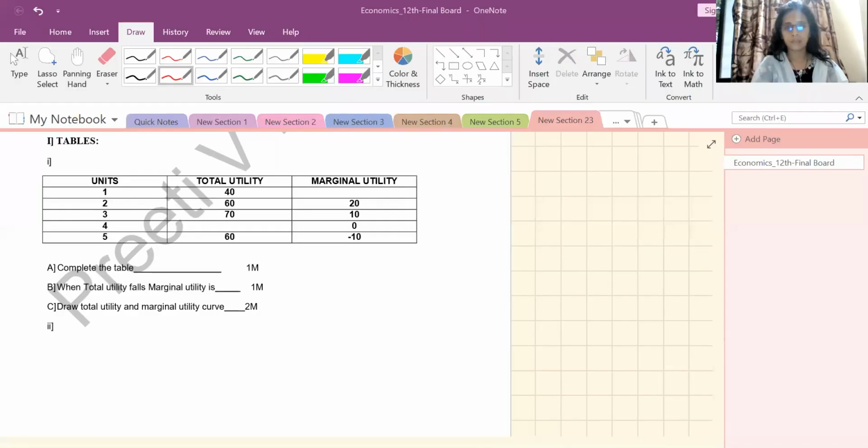Hello friends, in this video we are going to study question number 5, that is, study the following table, figure, passage and answer the question given below it. In our board exam, it is asked for 4 marks each and we have to attempt 2 questions out of 3. So let's discuss the 8 marks question. In total they have given us 7 tables, then we have 7 diagram based questions and 5 passage based. Okay, so let's begin with that.